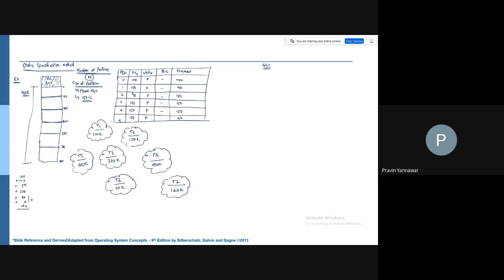So 90, 10, this is going to be 100. Then this is going to be 210. Then this is again 210, and this is 50, and this is 140. So this is 250, right? This is 260 and 210.